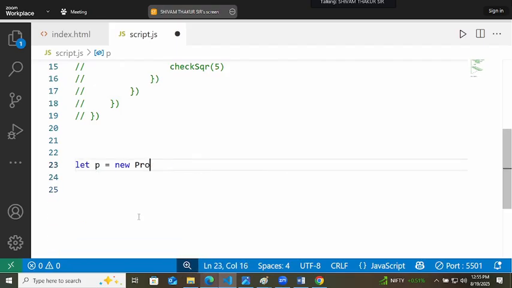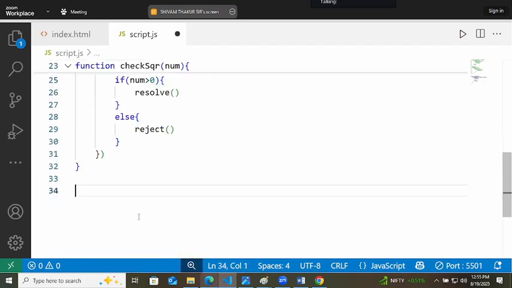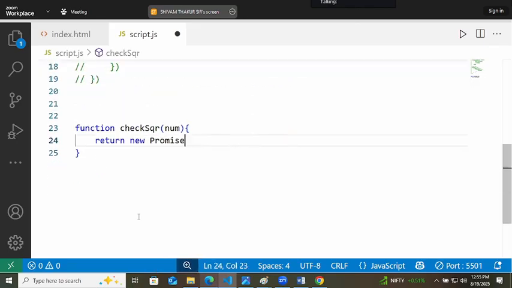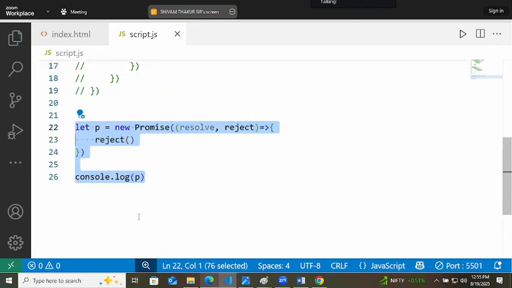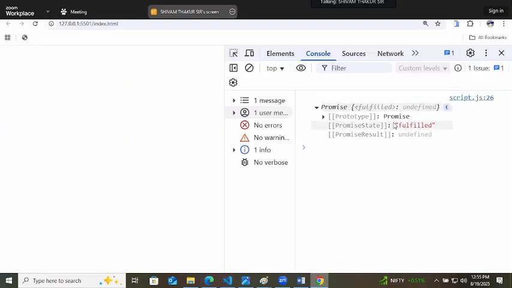Okay, check. So refresh and then we are printing the p to the console. Go back to previous state. Okay, so we are resolving this promise and then we are printing the p. So the promise state is coming as fulfilled.